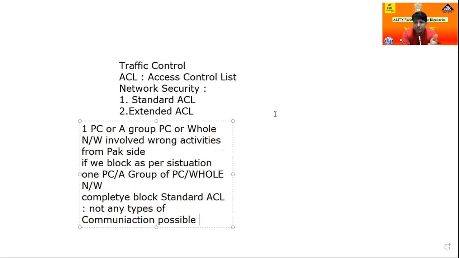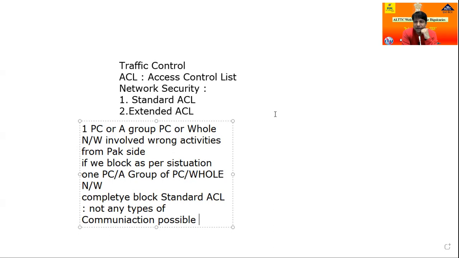Telephonic communication works and email sending works, but TikTok is not working in India. So particular service blocking is known as extended ACL. That is the second case. We will discuss extended ACL more tomorrow, but today standard ACL.